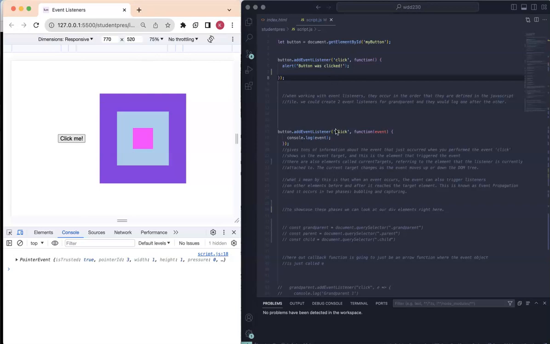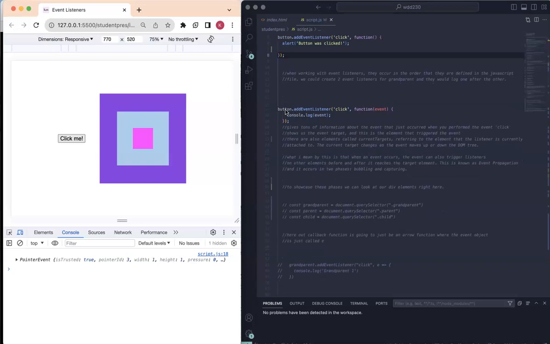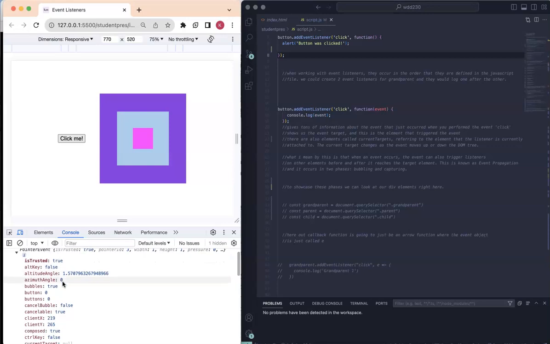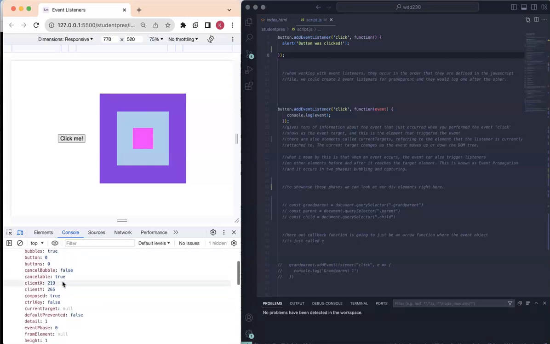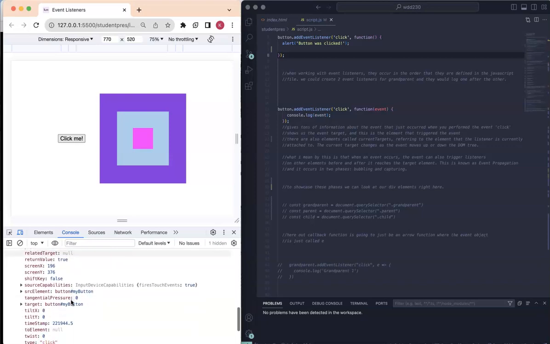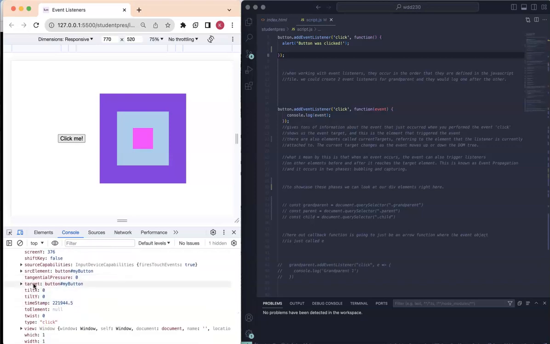So let's take a look at this event listener. So we have the target element button, click as our event, and then we have a different function. So this is just logging to the console the information about our event. So let's take a look at that. So here we have tons of information about the event that just occurred when we did perform the click. Most importantly, what it shows us is the target, like I was talking about. So this is the element target,